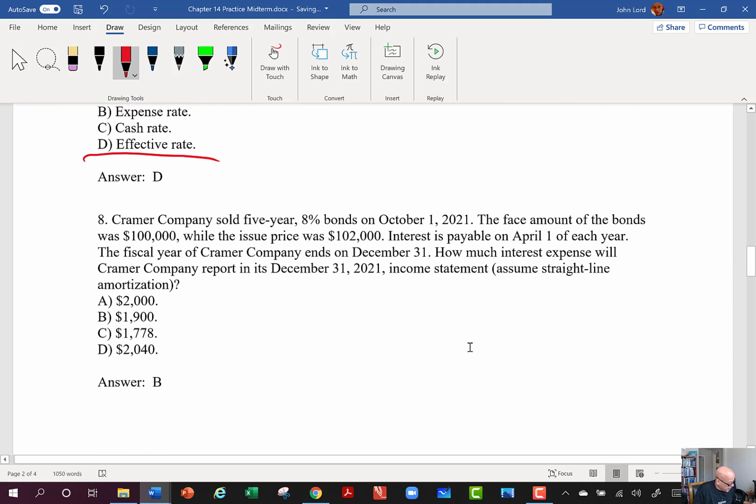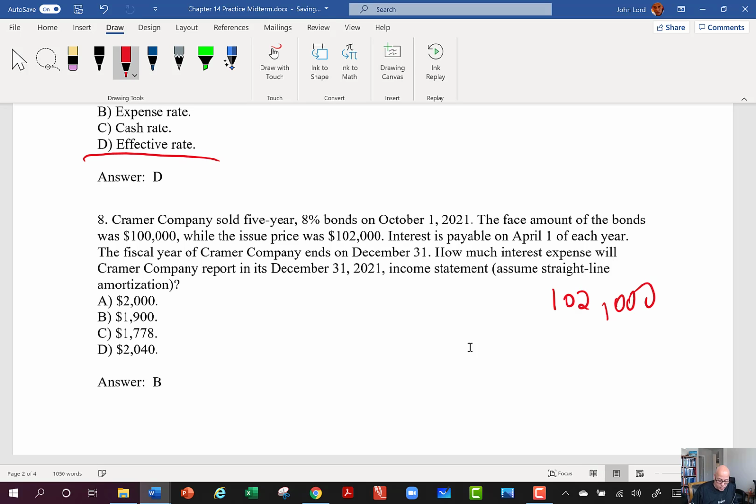We've got this number 8 now, and we've got this Kramer Company sold a 5-year 8% bond on October 1st, 2021. The face amount of the bond was $100,000, while the issue price was $102. Stop. Right there, I know that,